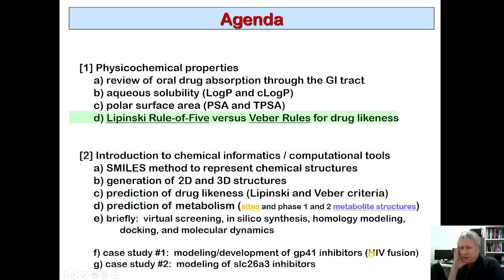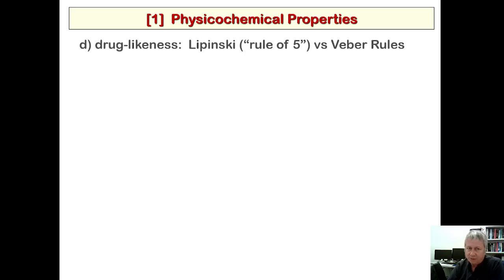Okay, so then there's these rules, the Lipinski rule of 5 and the Weber rules for drug likeness, and maybe a prediction of oral bioavailability. So these are what we'll see. It's a couple different groups. We're trying to figure out a way to quickly screen drugs for their drug likeness, and is it likely to actually work as a final drug? So there's the rule of 5 and the Weber rules, and they both kind of approach the problem slightly differently